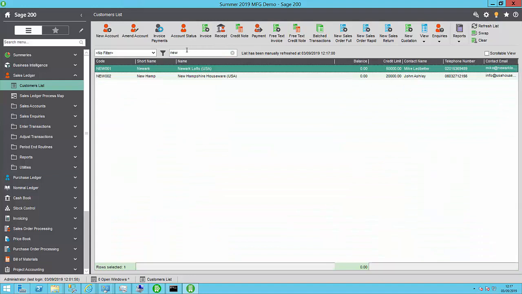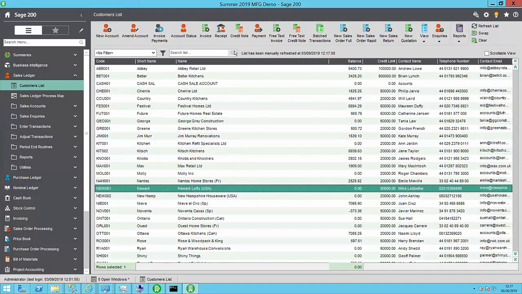All the lists have a free text search box at the top. You can enter a value in here and hit enter, and it will return all the records in the list with a match. If you wanted to see a selection from your list that matched specific criteria, you can create